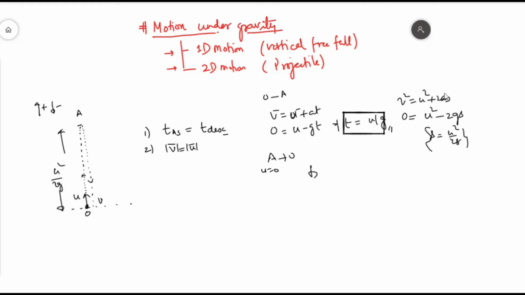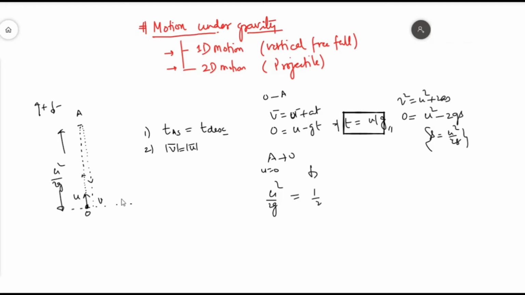Now, while it's coming back it's going to travel the same distance, so u is equal to 0, and the s that has to be traveled from A to O is u²/2g. I can use the equation v² = u² + 2as, but wait, I have to calculate time, so s = ut + ½at². So this s is equal to ut, which initially was 0, plus half into downward